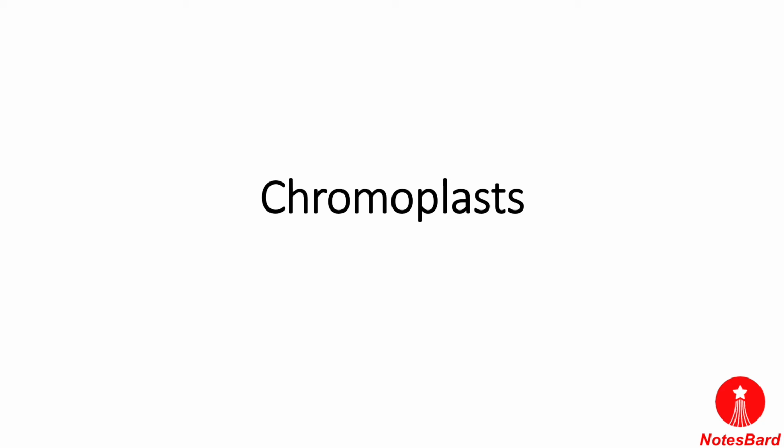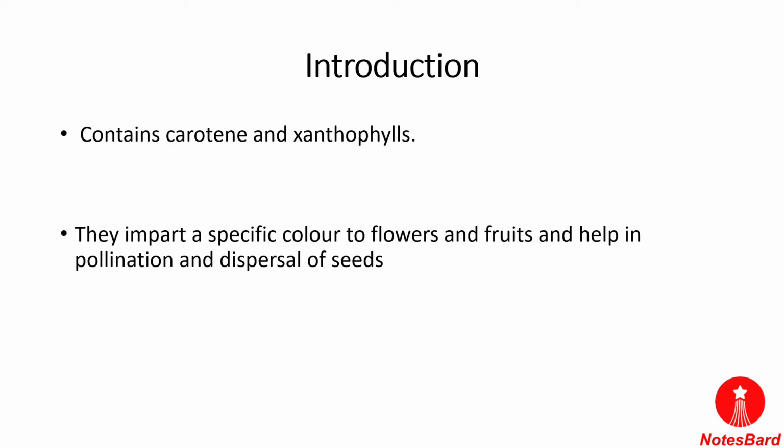So what is a chromoplast? Chromoplasts are plastids that are responsible for pigment synthesis and storage. They are rich in carotenoids and are mainly responsible for the yellow, orange or red colors of many fruits and flowers, as well as of autumn leaves. So they are responsible for many colors in the flowers and the fruits. This is what the chromoplast is.